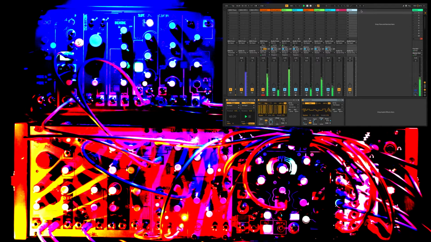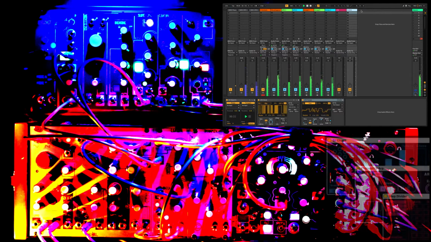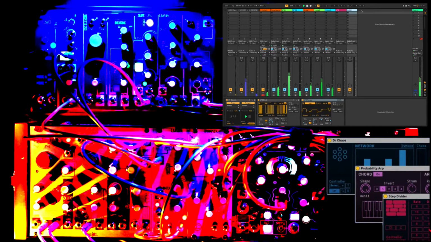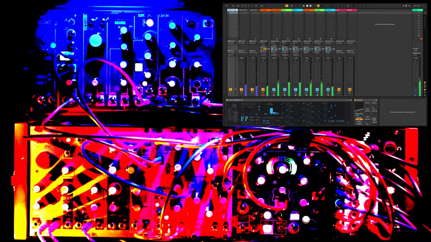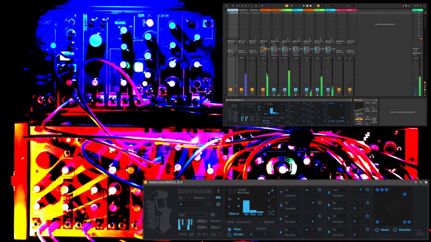Now, in place of audio or MIDI loops, we'll be using sequencers like the Probability Pack by Sonic Faction, which is a free add-on for Ableton 10 Standard, and a Max for Live device we see here called Asteroids by Isotonic, which is generating the piano notes. This device contains 8 sequencer engines, which travel around an 8x8 grid, triggering a MIDI note whenever they collide. Each sequencer engine has its own clock settings, and the direction, along with the chance of a note being generated, are randomized.